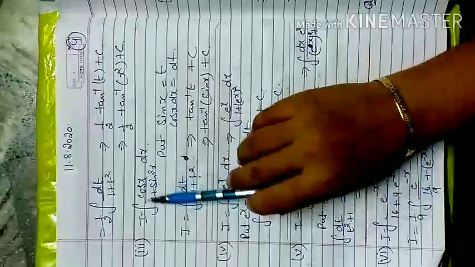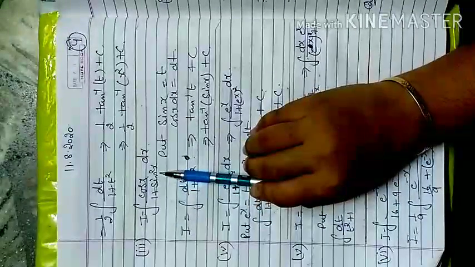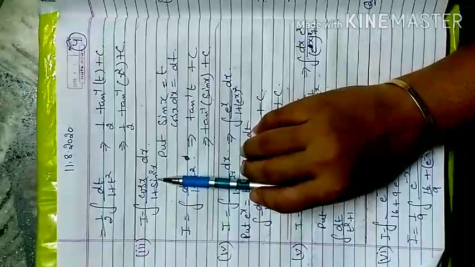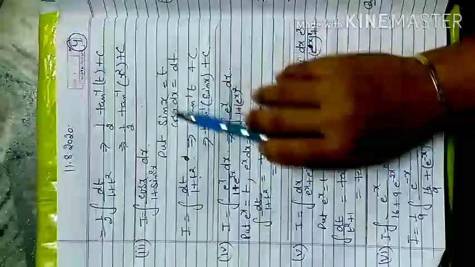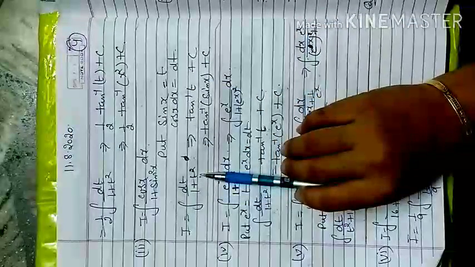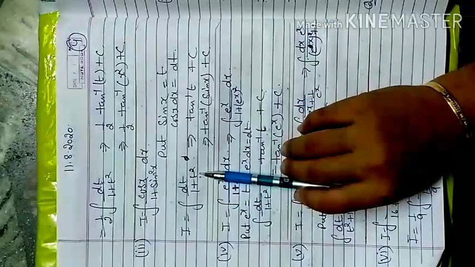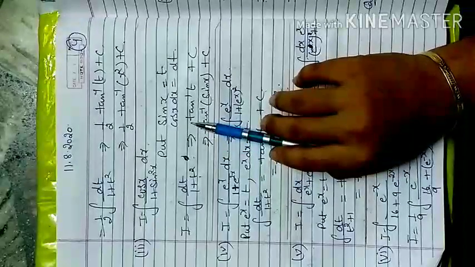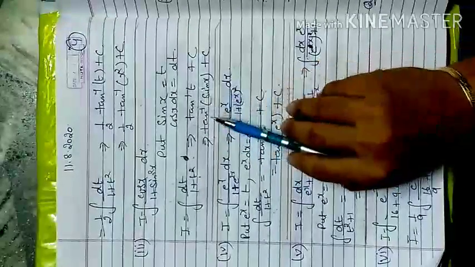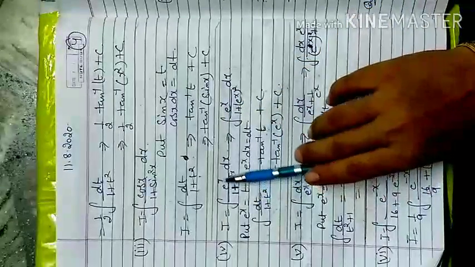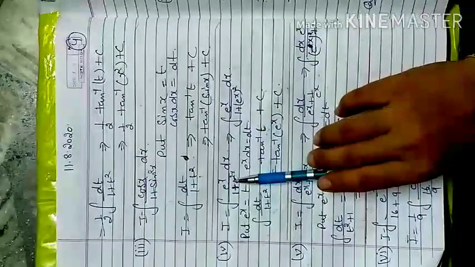Now the next question is cos x upon 1 plus sin square x. Now you very well know that differentiation of sin x is cos x. So first we consider sin x is equal to t, and the numerator cos x dx merges up into dt by 1 plus t square, again x square plus a square form, that is 1 by a tan inverse x by a. So in place of a there is 1, so tan inverse t is left, then t is replaced back to sin x.